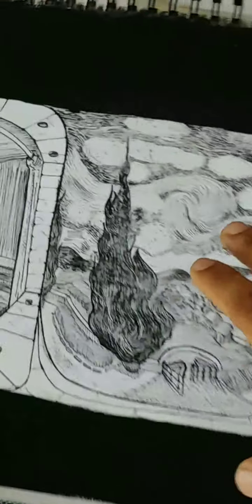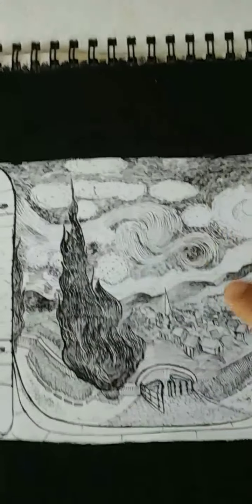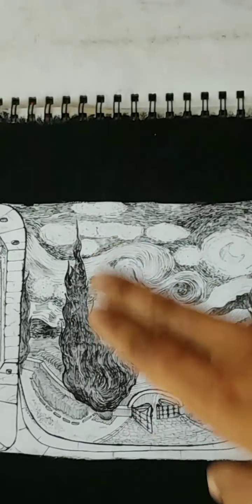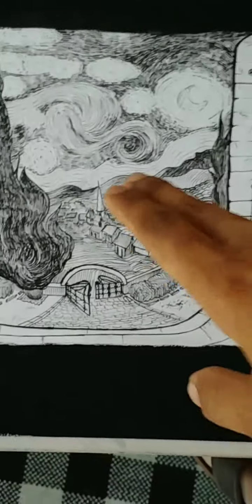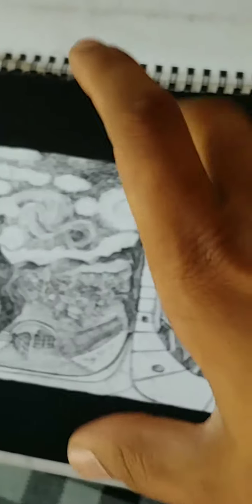A lot of it is left to imagination on his part, because there are some amazing things about this painting. But in general, this tree is definitely exactly how it looks outside of his window. But some of the things like the church, he did make up the placement just for the sake of composition. Essentially what happens here is I've made it look like it's you looking out of the window. So I am placing you at his